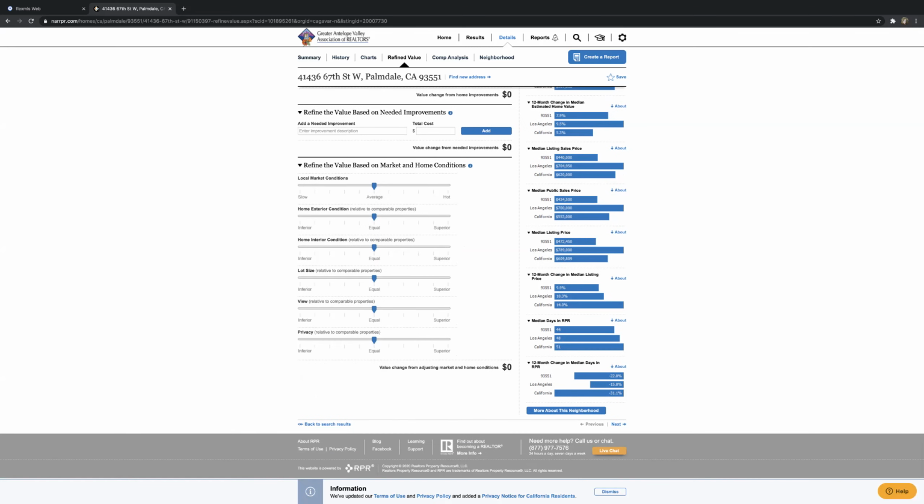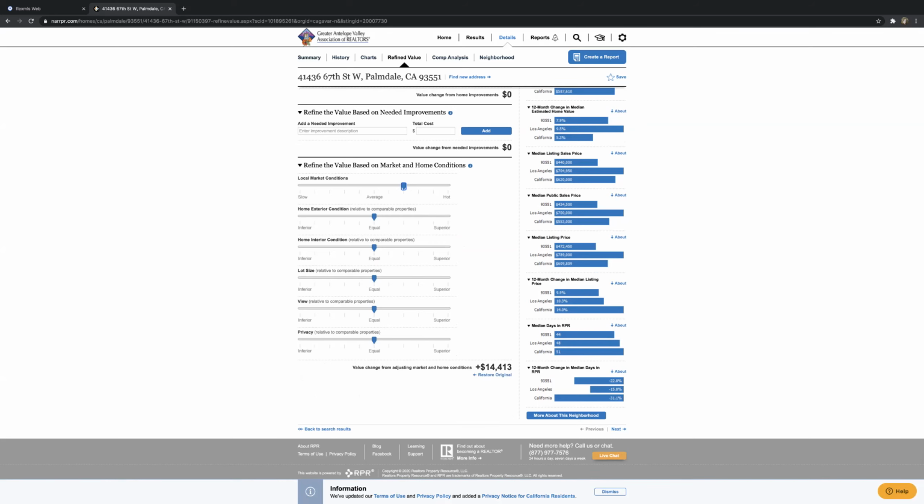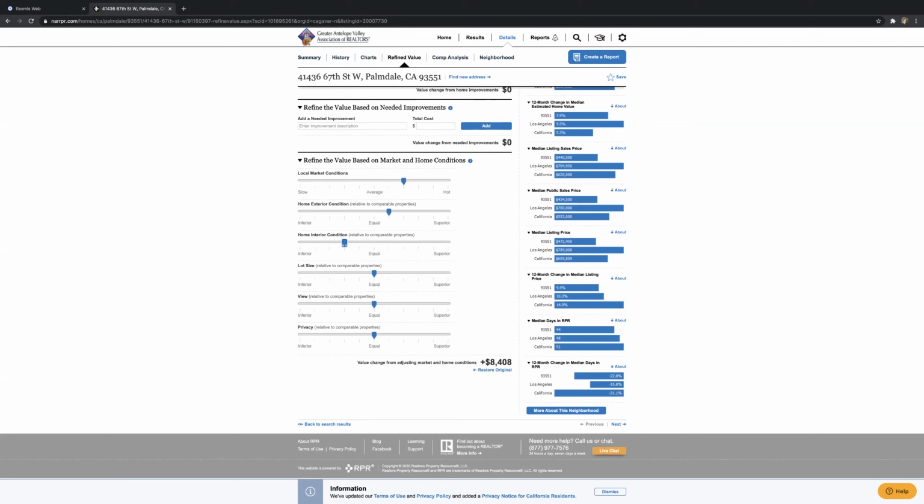Then you want to go down, refine the value based on market and home conditions. So market conditions right now are still pretty good. Let's improve it a couple notches, right? The home exterior condition, let's say it's a little bit better than your neighbor's. The interior, however, was not so well, so you're going to decrease that value. And then your lot size is comparable to everybody else's, so you're going to leave that the same. It may or may not have a view. If it has a view and nobody else does, let's increase it. And if it's privacy, let's give them some privacy. So you've added, just by those adjustments alone, a value of